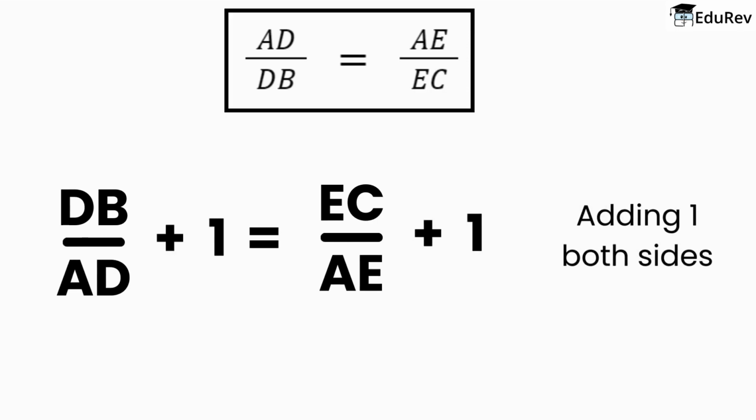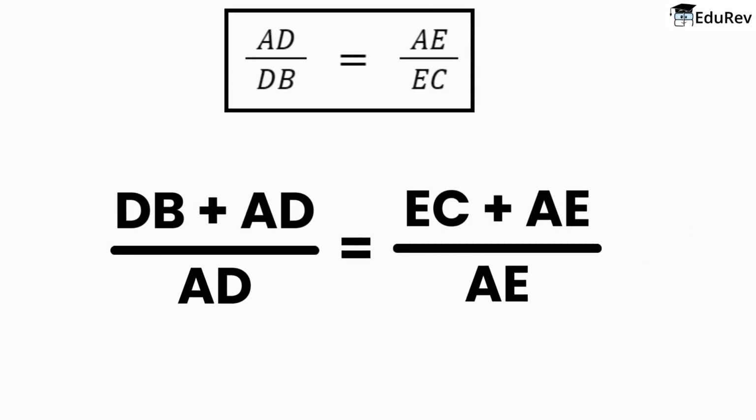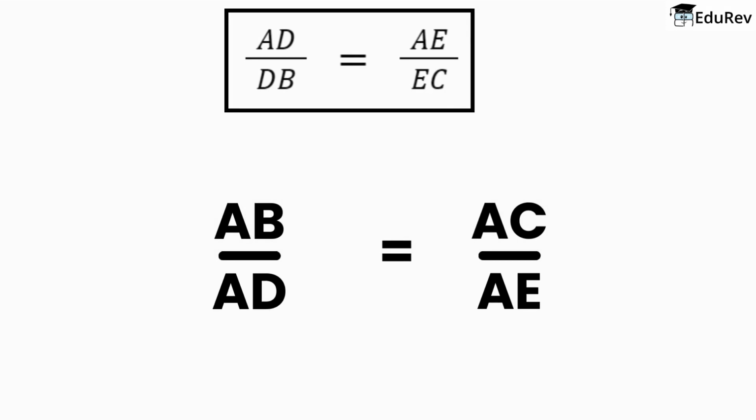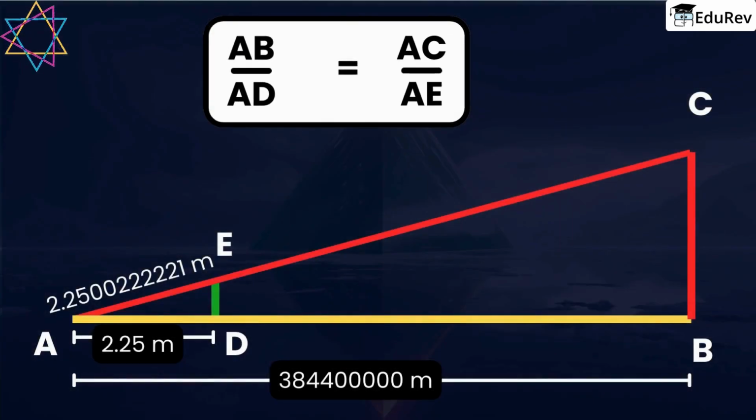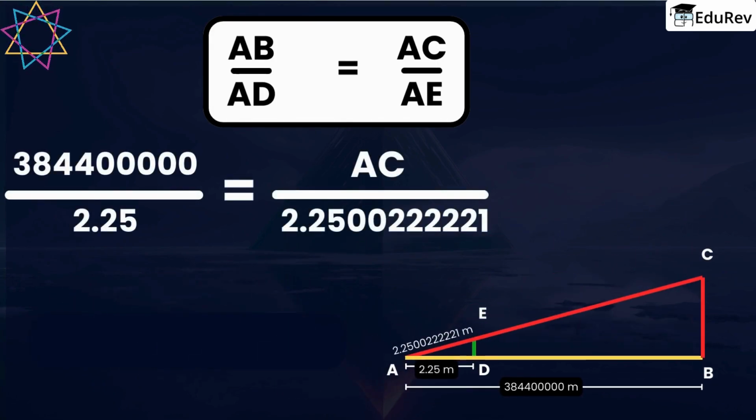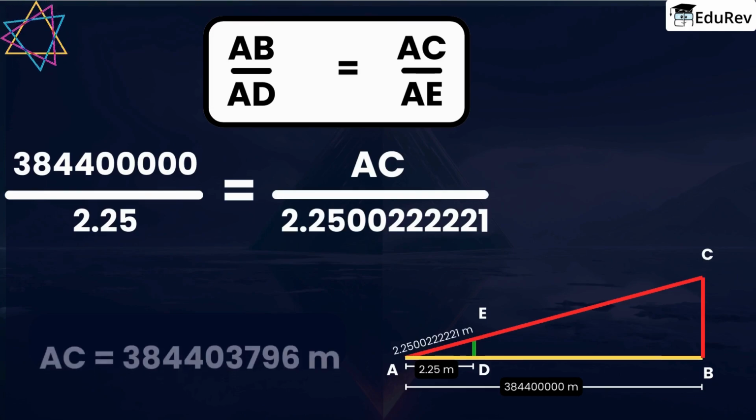We add 1 to both sides. We get DB plus AD upon AD equals EC plus AE upon AE, which is nothing but AB upon AD equals AC upon AE. We just need to put the values. We have values of AB, AD and AE. 38440000 upon 2.25 equals AC upon 2.2500222221. On calculations, the value of AC becomes 38 crores 44 lakhs